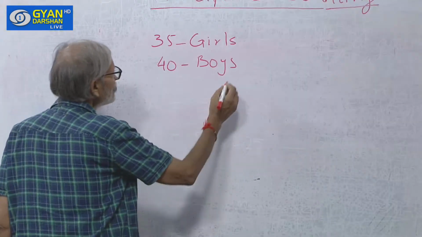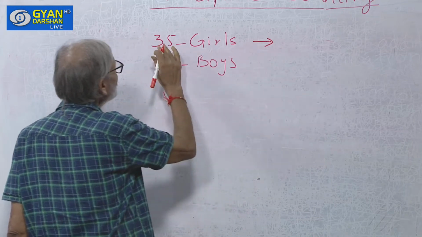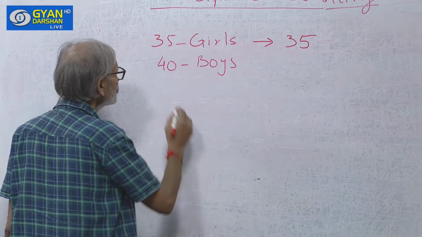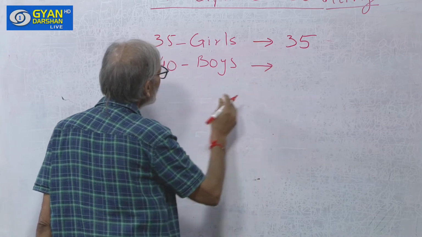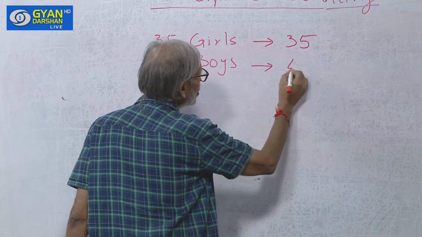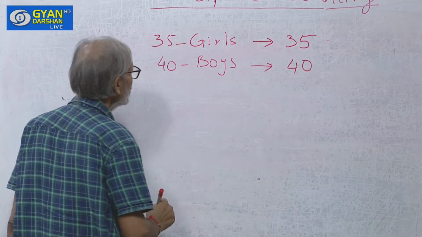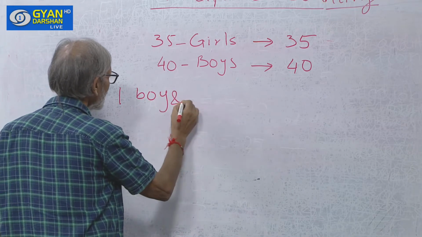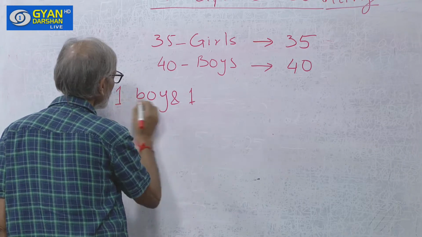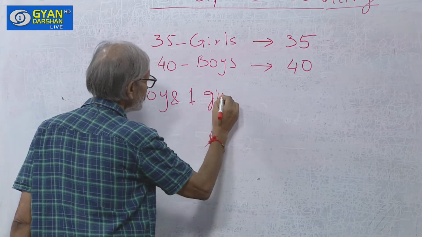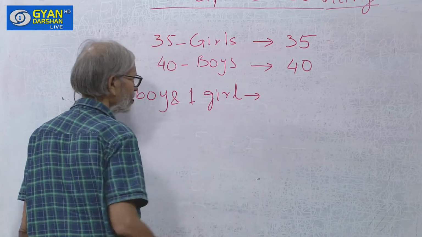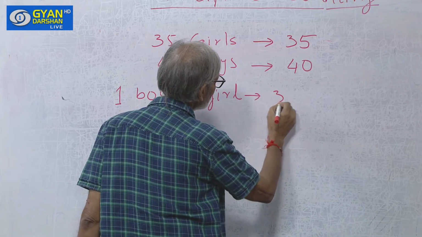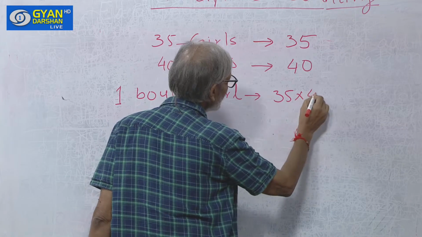One girl can be chosen out of 35 girls in 35 ways. You can choose any one girl, and one boy out of 40 boys you can choose in 40 ways. So, if you have to choose one boy and one girl, the fundamental principle of multiplication says that it will be 35 into 40